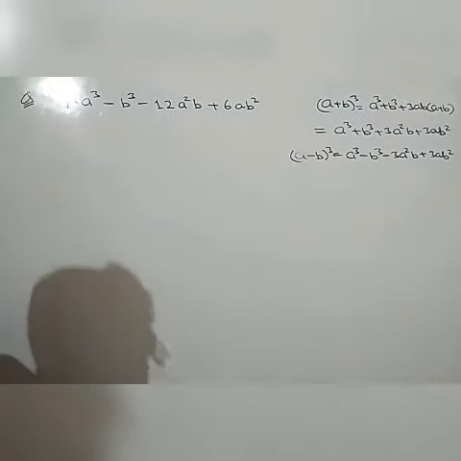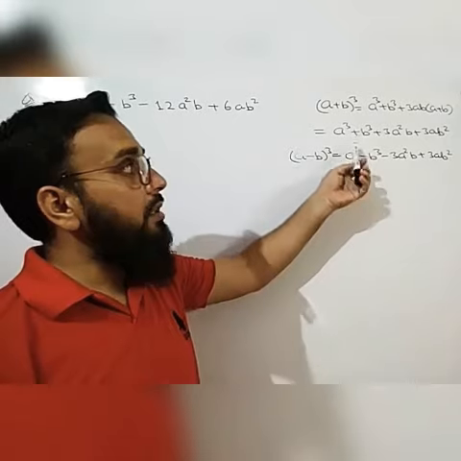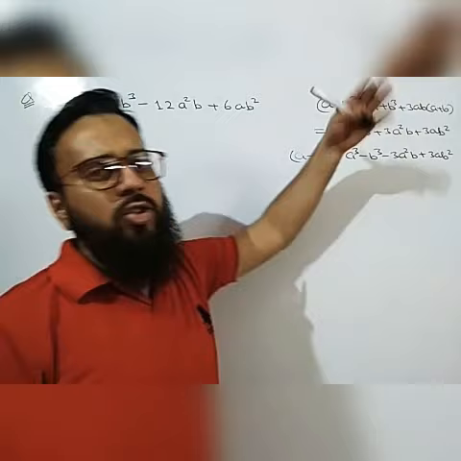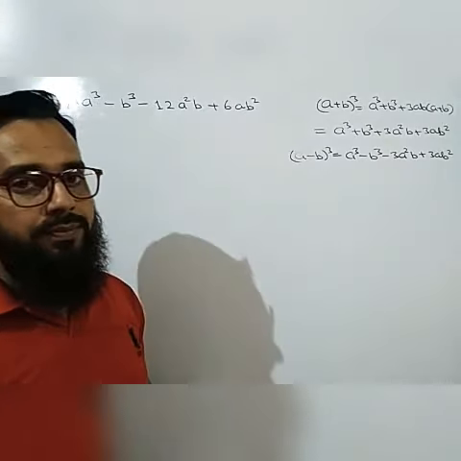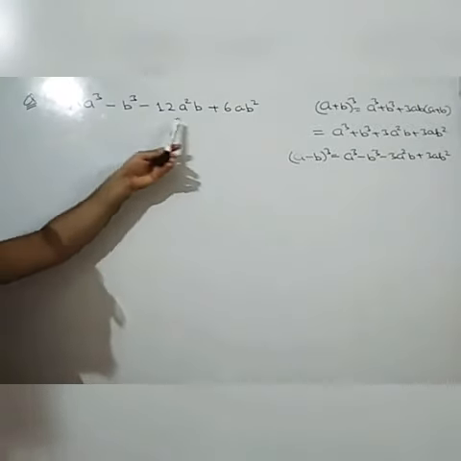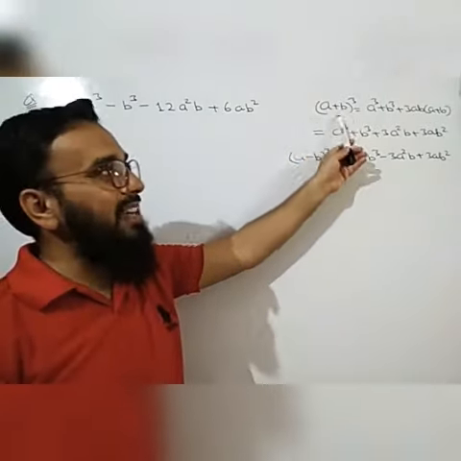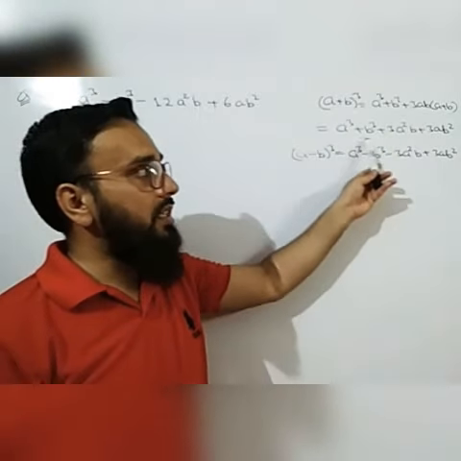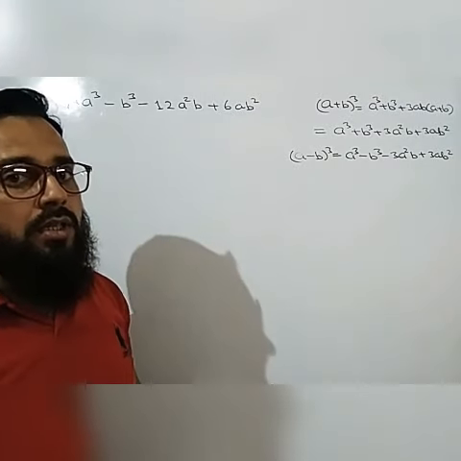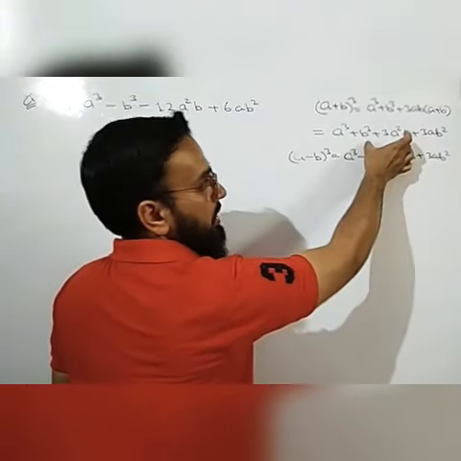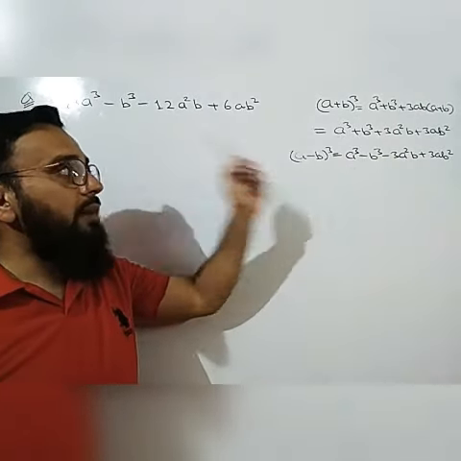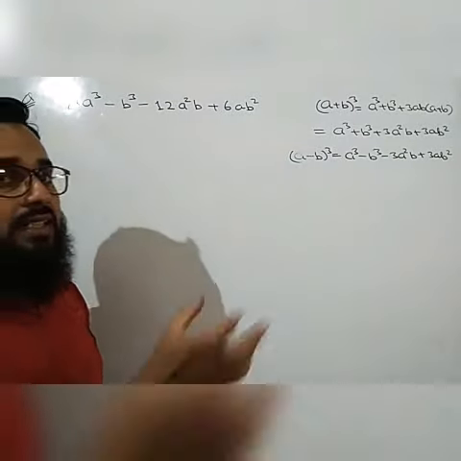Whenever the terms are given in terms of a cube and b cube, or x cube and y cube, and there are 4 terms, first you count the number of terms. There are 4 terms: 1, 2, 3 and 4. And in this formula, by expanding these 2 formulas, the total terms are also 4. It means whenever we are given 4 terms, we can convert them in terms of their whole cube, either a plus b whole cube or a minus b whole cube. We have to check the signs there.